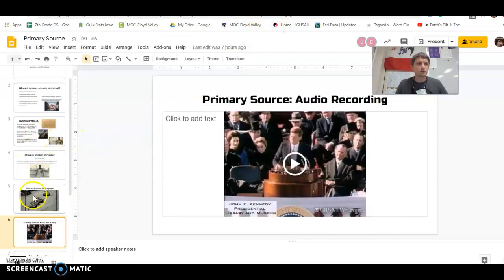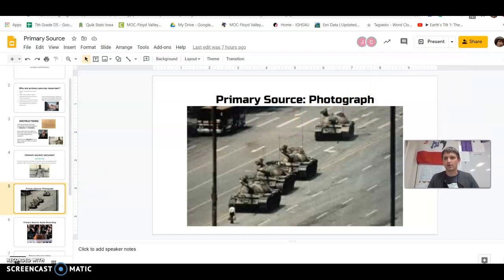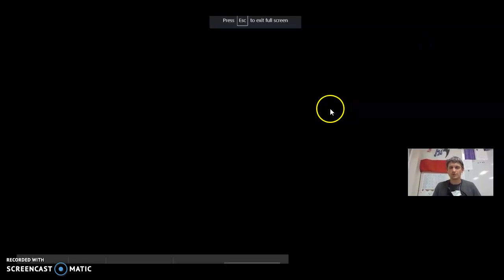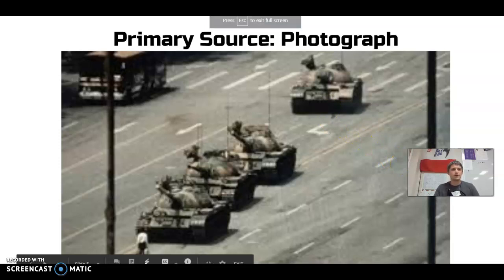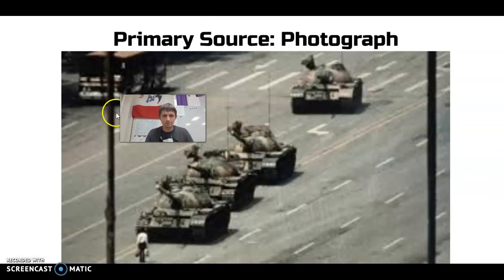The primary source that we evaluated and looked at together was this photograph. I'll just jump right into the photograph. Sometimes seemingly simple photographs have the ability to tell interesting stories if we're willing to think critically, evaluate them, analyze what's going on a little bit, and ask some good questions. So we spent some time with this photograph, just talking about what we see and what makes it kind of